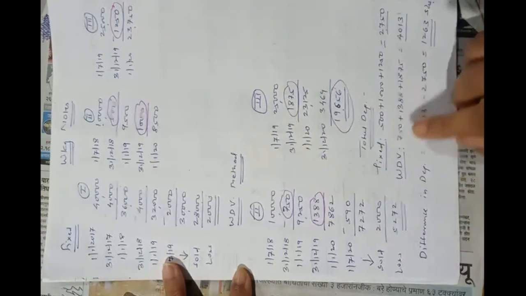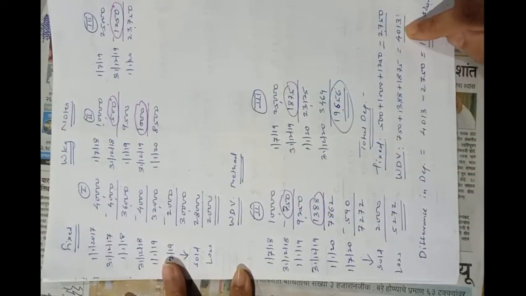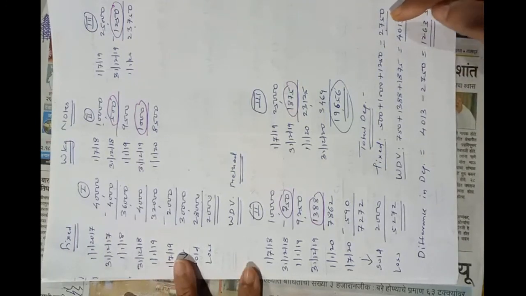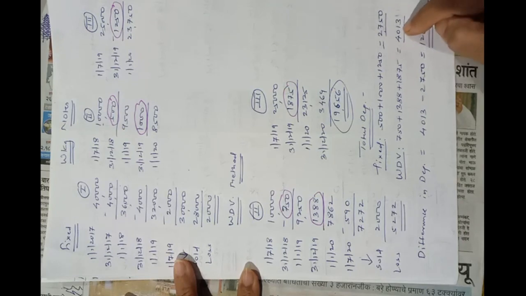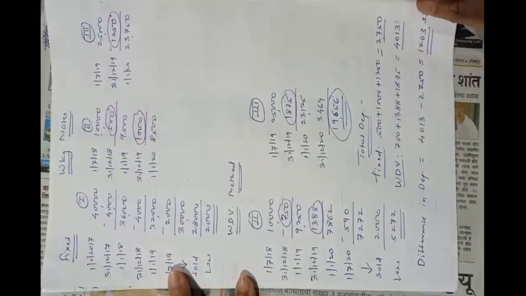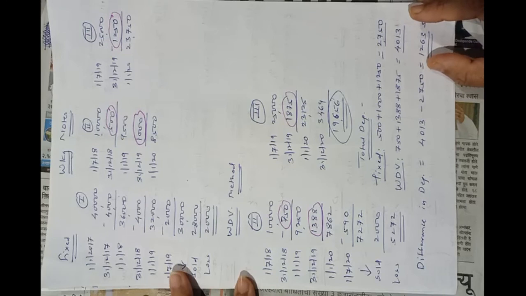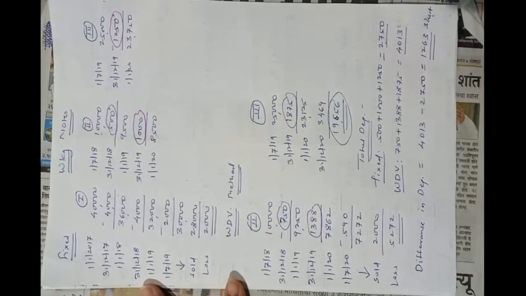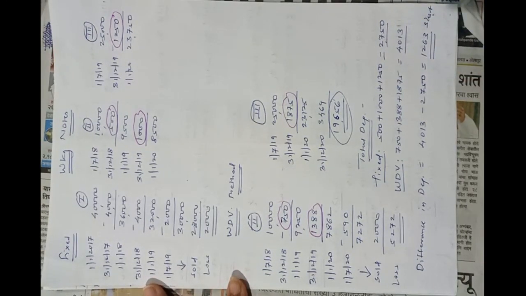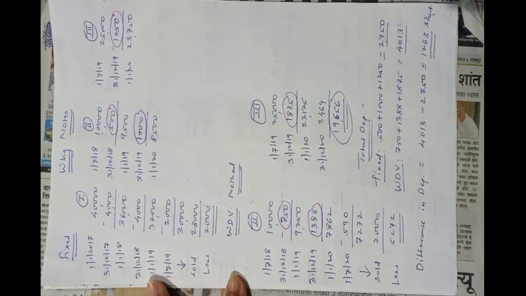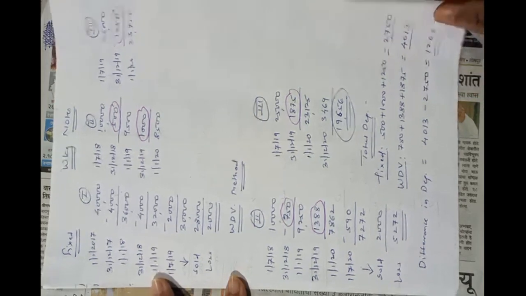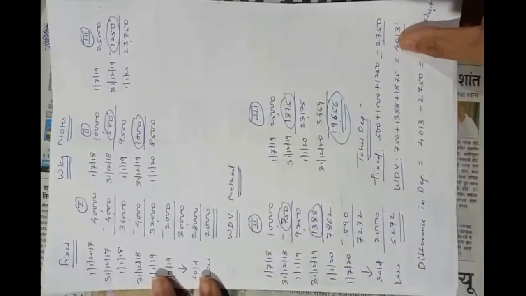Then the total of fixed for these common years, the total of reducing, and the difference between them has been worked out. By the first method depreciation was deducted less, by the new method more will be deducted, so that much more will be provided. So it is 1263 short, which we have adjusted in the account in the year 2020. In this way we have to solve the problem of change in method of depreciation. Solve this problem in your notebook, and if there is any doubt you can ask. Okay, that's all.